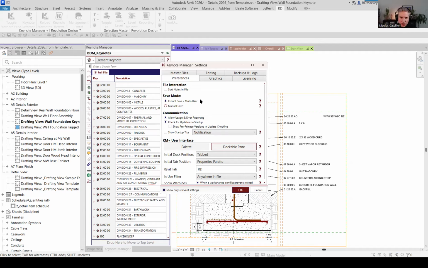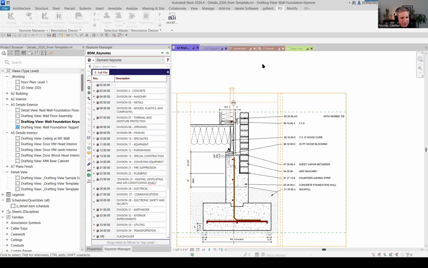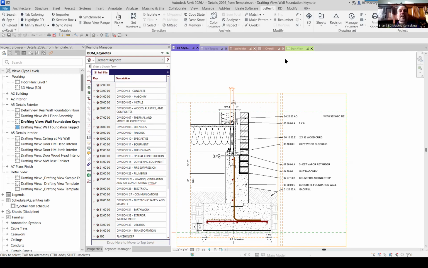And how do you feel about the Pyrivit Keynote Manager, which a lot of people use because it's free and everyone has Pyrivit nowadays? It does it a completely different way, and it's got to convert it from a TXT file. I think it's a JSON file. It's either JSON or an XML, I forget. But it creates it and mimics it into a different file type, and that's how it does it. So it does become a little bit more cumbersome because